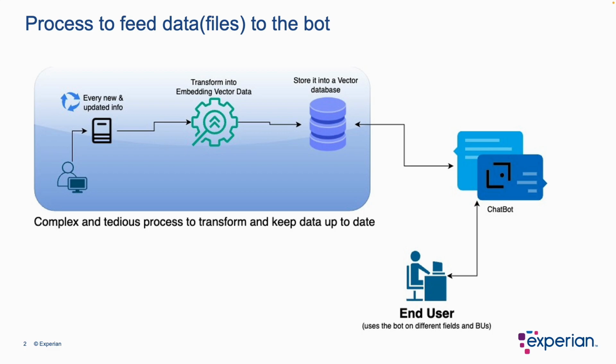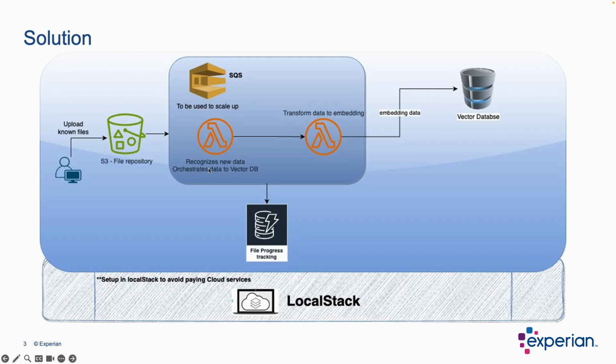Having an automated fashion to do all this process will help to have a solution that could give not only the MCE business unit but also different business units at Experian a product that will be used as part of their implementations of bots and have a really easy kind of plug and play